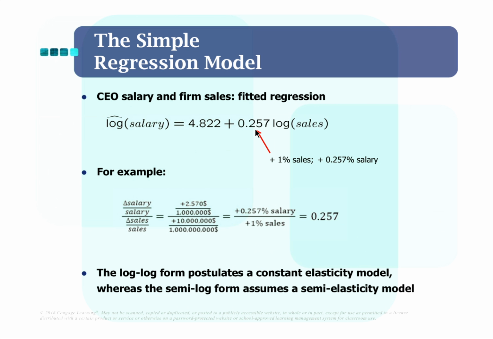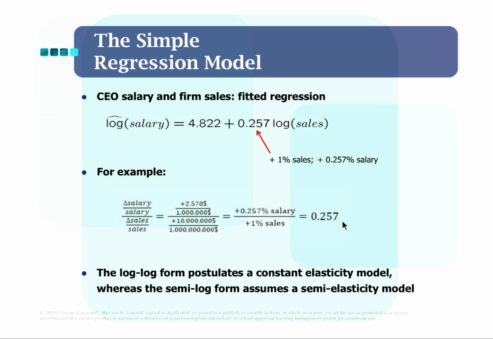So it says if the sales increase by 1%, then the salary of the CEO will increase by 0.257%. Okay, which means that the elasticity of the CEO's salary to sales is 0.257. Okay,